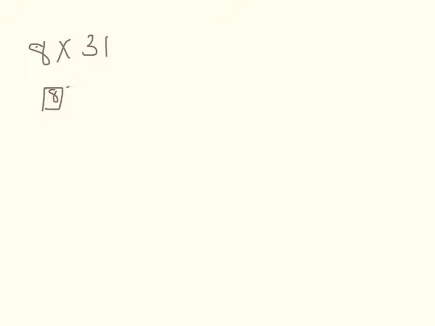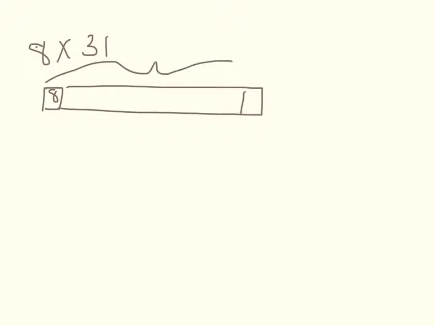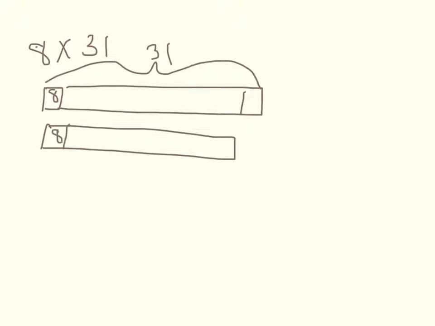I have 8. I'm going to keep repeating 8, and I'm going to have a total of how many here? 31. So I find it easier to solve a simpler problem,